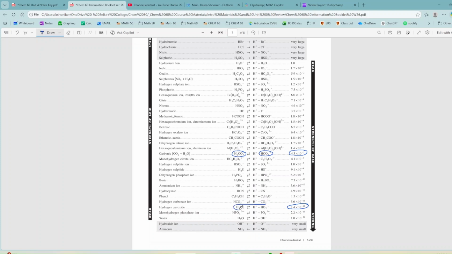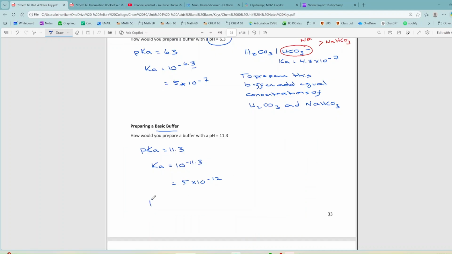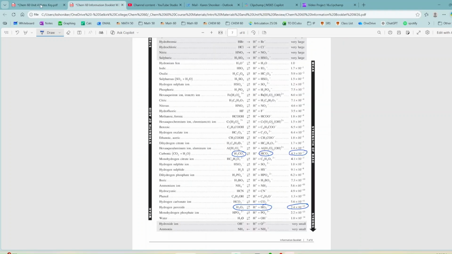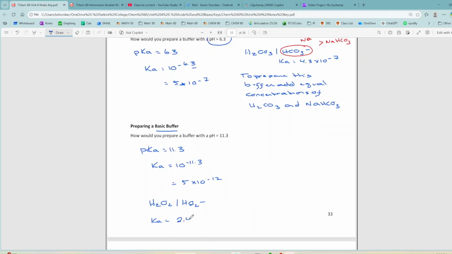So we're going to use hydrogen peroxide and its conjugate base. So we're going to use H2O2 and HO2 minus, which has a Ka value of 2.4 times 10 to the negative 12. That's as close as we could get. But remember, this is going to buffer plus or minus 1 pH. You just want to go closest. So to prepare this buffer,